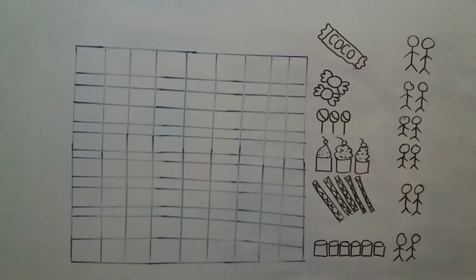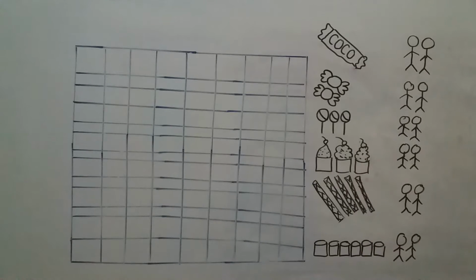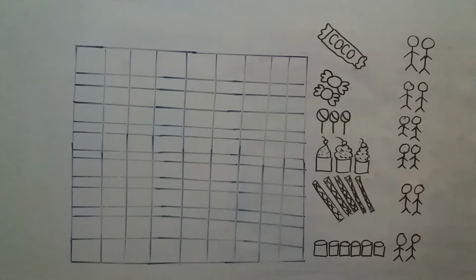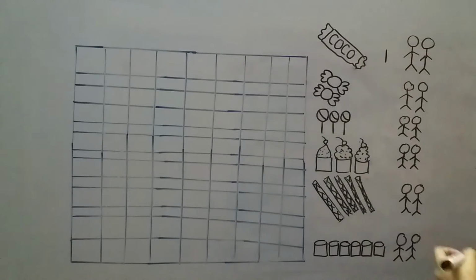So even numbers are always colored in blue and odd numbers are always colored in red. I have these two markers to differentiate between them. Alright, now first of all I have these sweets and I have a pair of two students on the other side. First I have a chocolate over here. How many chocolates do I have? I have one chocolate.